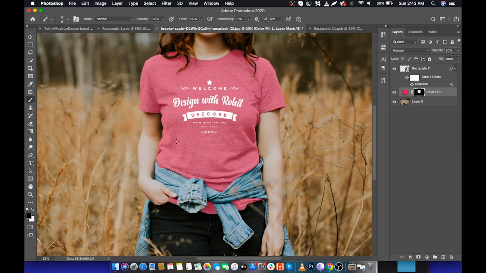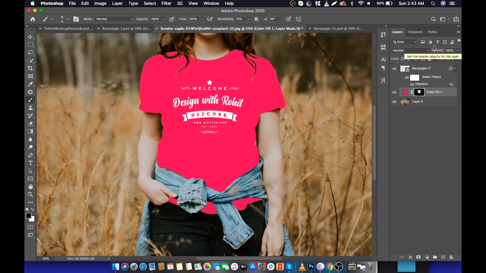After removing the color from the hair, we will make the opacity back to 100% and set the blend mode to Color.